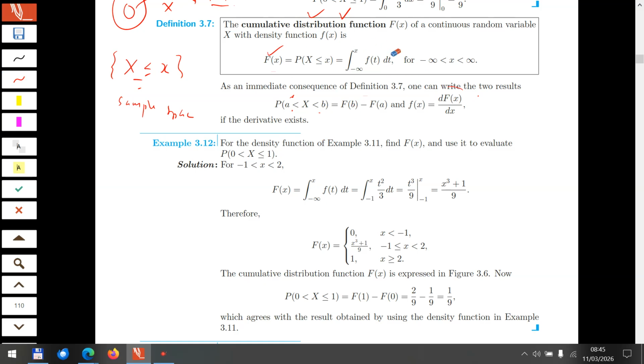And between any 2 points, this formula is very similar to what you saw in the discrete random variable. The only reason it is different now is because of these equal signs. The equal signs matter in a discrete random variable. Otherwise, this looks very much the same. But this is a new formula. So if I now ask you